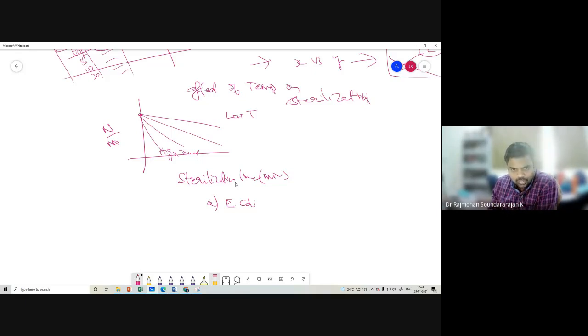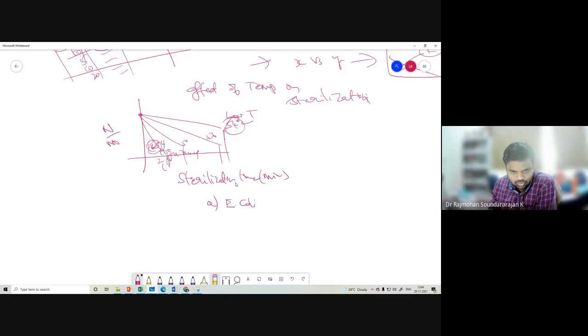So low temperature, let me say it is 54 degrees Celsius, high temperature, let me say 60 degrees. That's why it is important: how much sterilization time is required is decided upon the temperature at which you are doing these things, right? So let me say it is 54, 56, 58, 60. It was observed that at 60 degrees it needs less time. So drastically it is reduced.